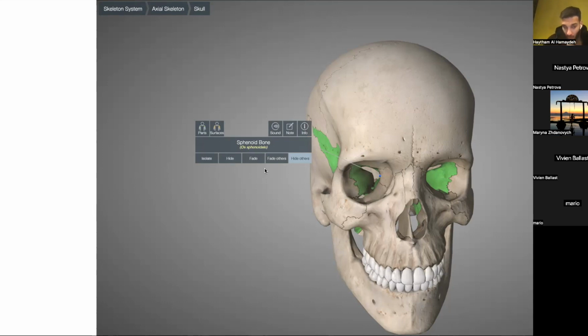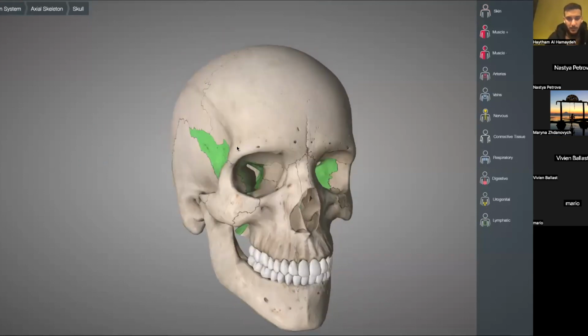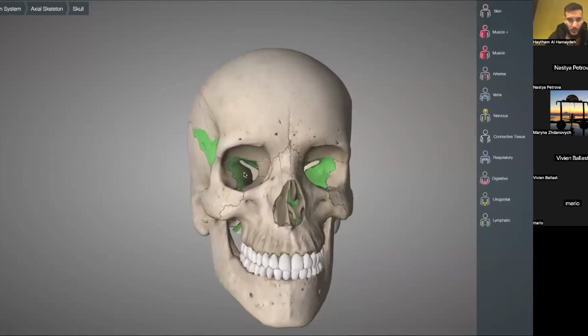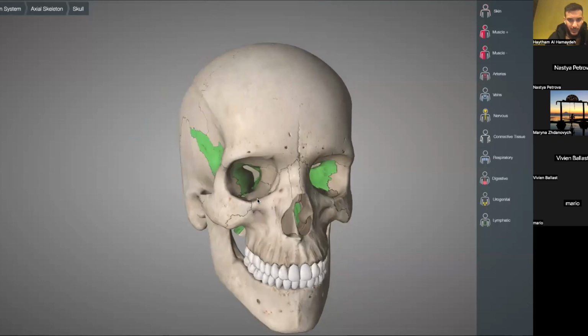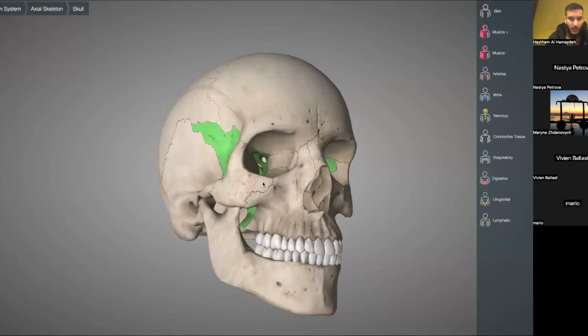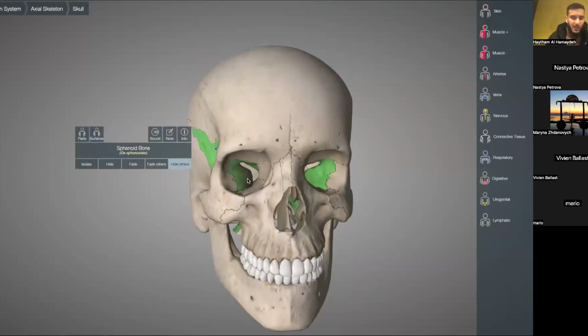Any questions about the orbit? We are done with three points. Here: superior orbital fissure, inferior orbital fissure, optic canal, the openings. The contents: eyeball, extraocular muscles, nerves, and one more,